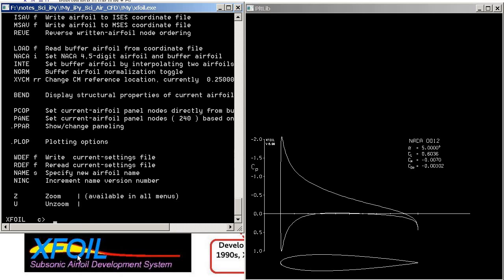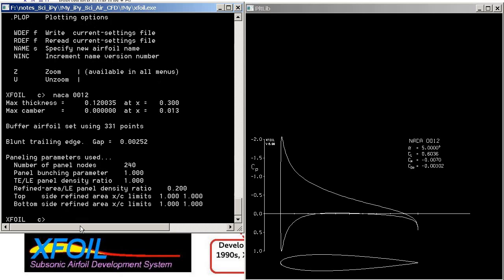In XFOIL they have NACA airfoil profiles built in. The NACA profiles are constructed by the parameters. So if we type, say, NACA 0012, we have the airfoil constructed, and we have the parameters of this airfoil once loaded. At this moment we see the number of panel nodes and the ratio between the trailing edge and leading edge panels. To see what we have loaded, we just type